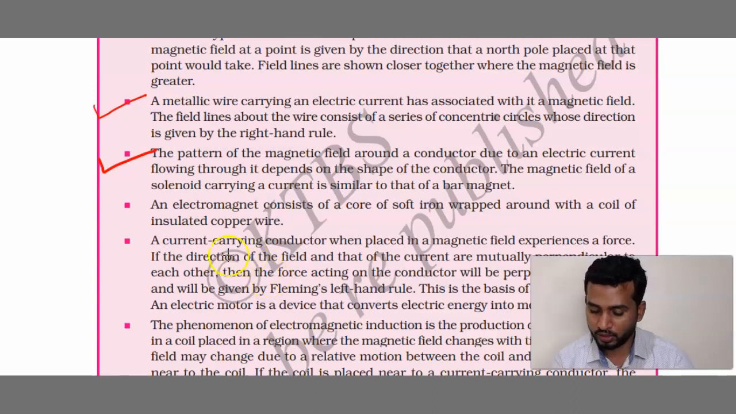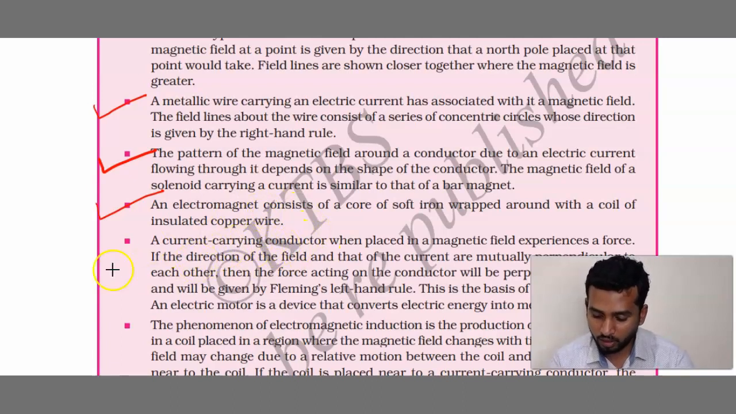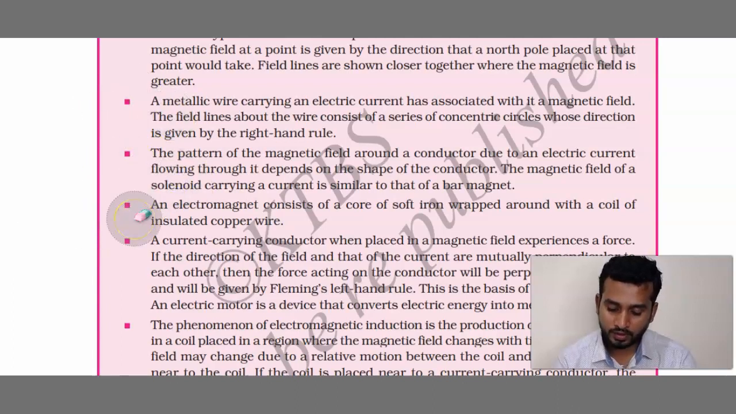Again you can just go through it. An electromagnet consists of a core of soft iron wrapped around with a coil of insulated copper wire. This is the way we make the electromagnet, by using these materials. Okay. Next, is this clear? And next point we can see here,